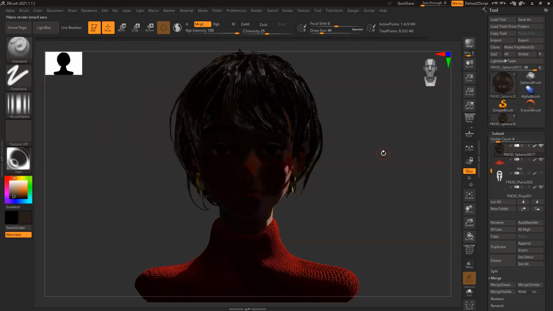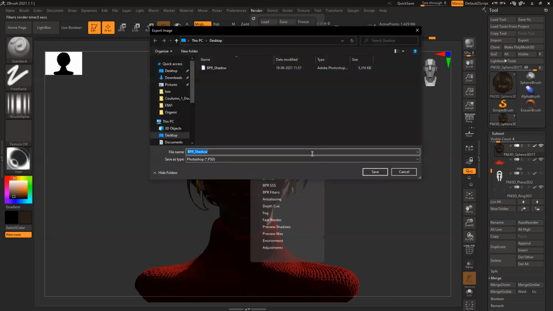If you save it as a project, it will be stored. If you don't save it as a project, this lighting information won't be stored. So I got this lighting information. Export this again.